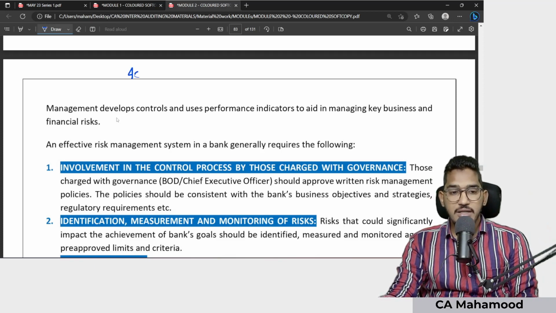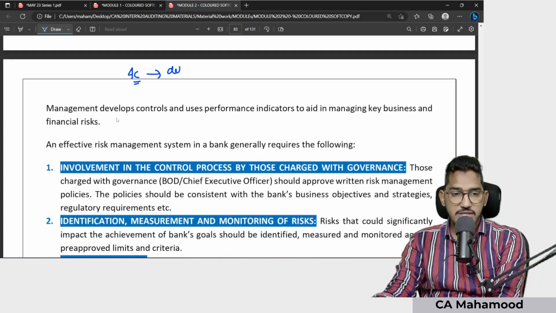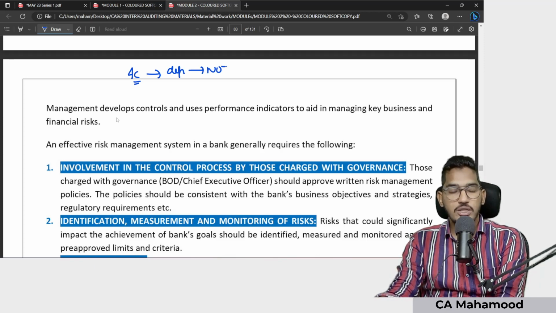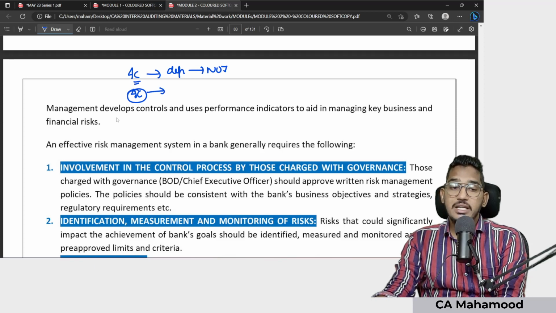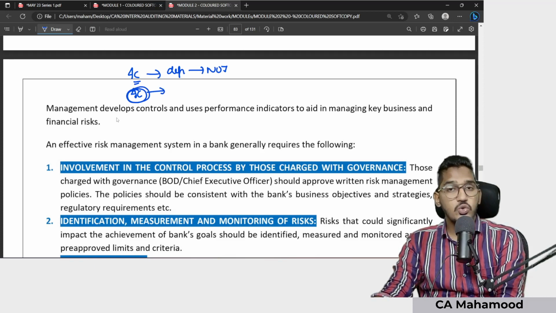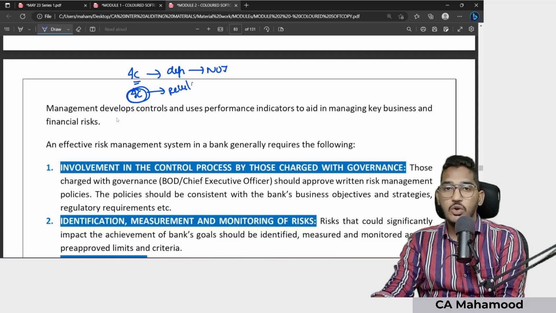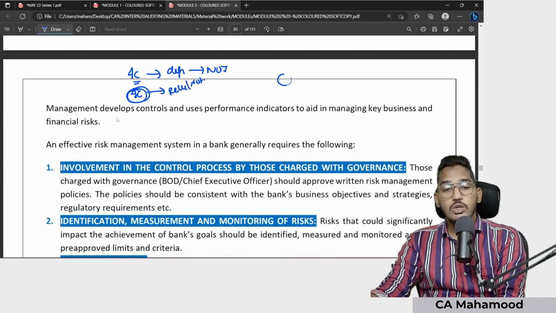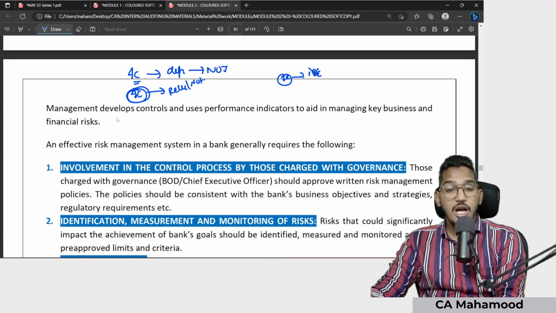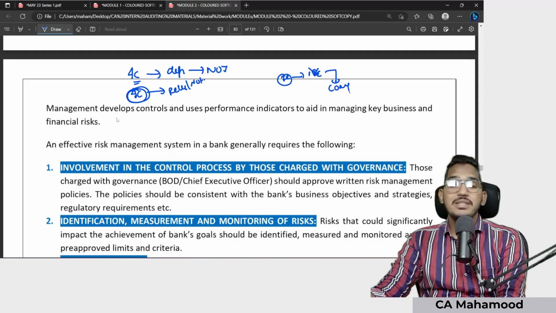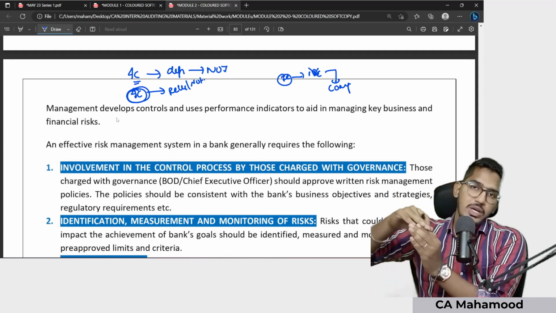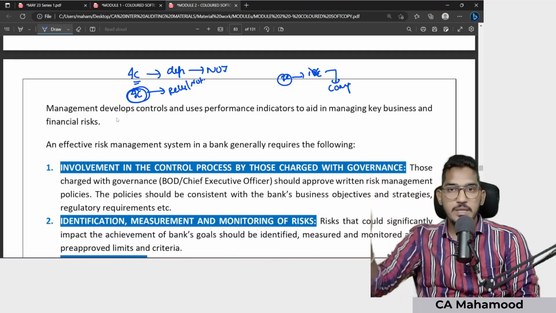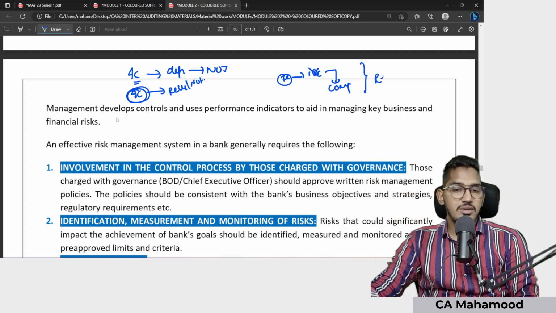See, if there is only one internal control and in that only there is a deficiency, you should decide not to rely on controls. If there is a group of internal controls, then we need to make a collective assessment of all the internal controls to determine whether to rely on controls or not. If out of so many internal controls only one is not working effectively, but for that there is an alternative compensatory control, even though one internal control is not working, that weakness is overcome by another internal control. That is, there is a compensatory control. Then also we can still rely on controls.